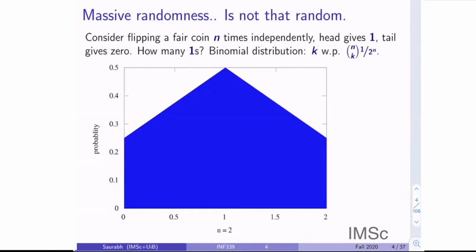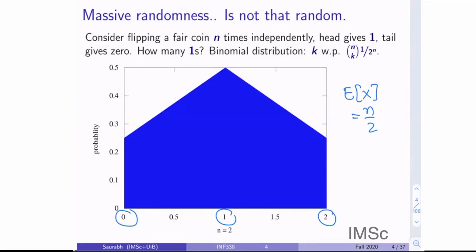So number of heads could be either 0, or 1, or 2, and we checked the probability that x equals 1. If we are only doing 2 coin tosses, it takes 1 with probability half. And why is 1 interesting to us? Because the expectation of this random variable x is exactly n by 2. So if we do 2 coin tosses, the expected number of heads we will see is 1.